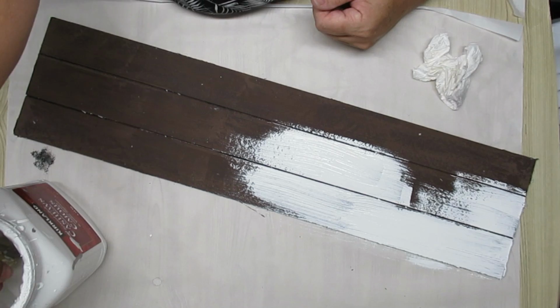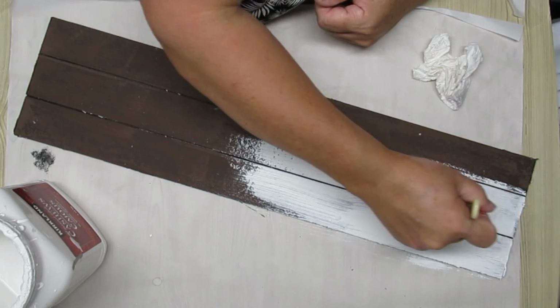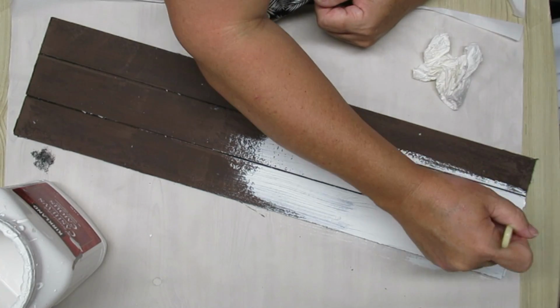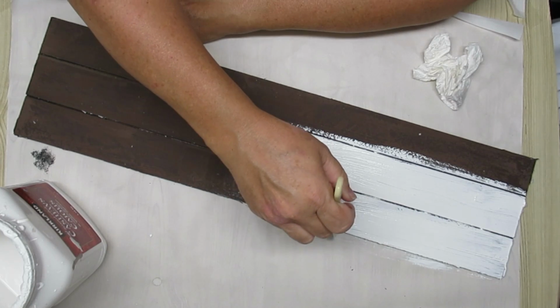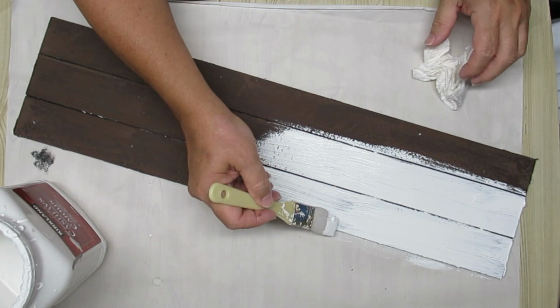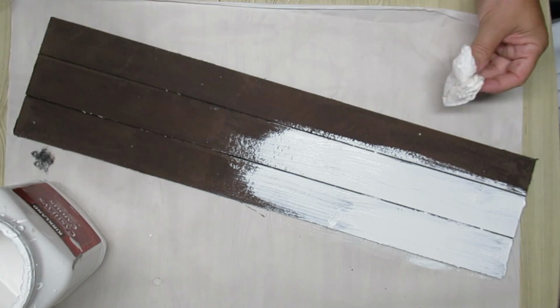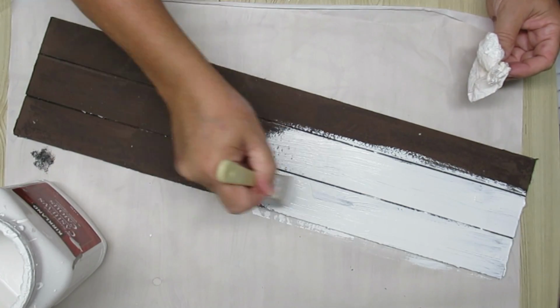chalk paint. Now, this is just my DIY chalk paint that I use. So it's just a white latex paint with some talc in it. If you're interested in that recipe, it's down in my description box. And yes, everything that I do and say is down in my description box. So please go check that out if you're looking for anything. If something's missing, let me know in the comments and I'll try to fix it up as soon as I